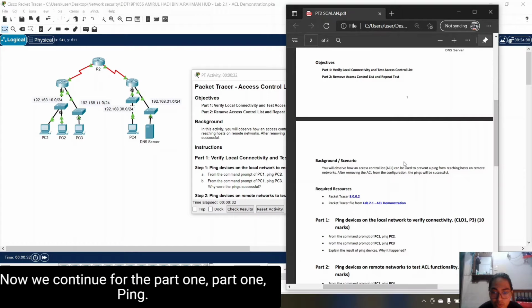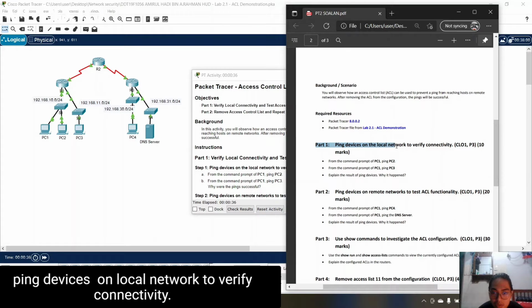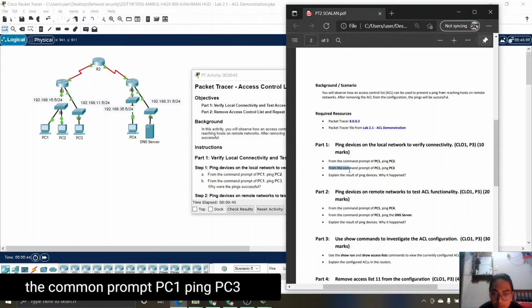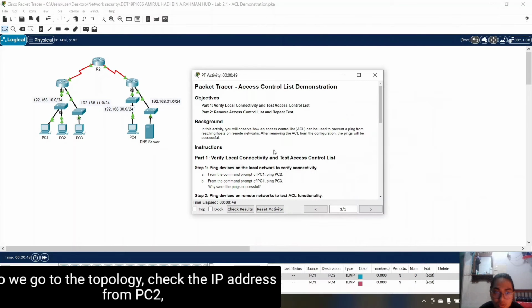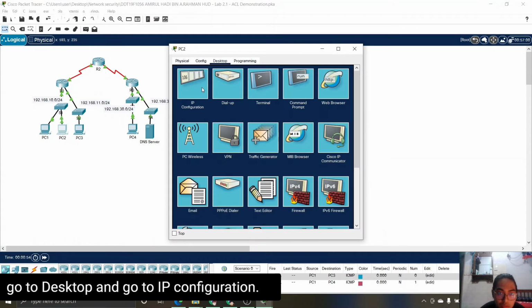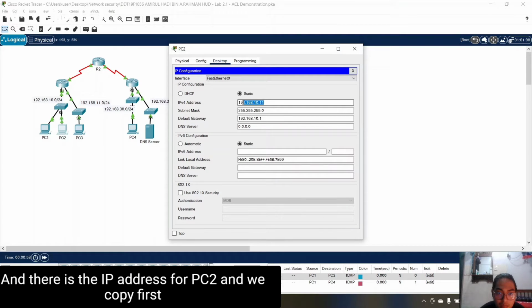Now we continue for part 1. Part 1, ping device on local network to verify connectivity. From the command prompt of PC1, ping PC2, and from the command prompt of PC1, ping PC3. So we go to the topology, check the IP address from PC2, go to desktop and IP configuration, and there is the IP address for PC2.